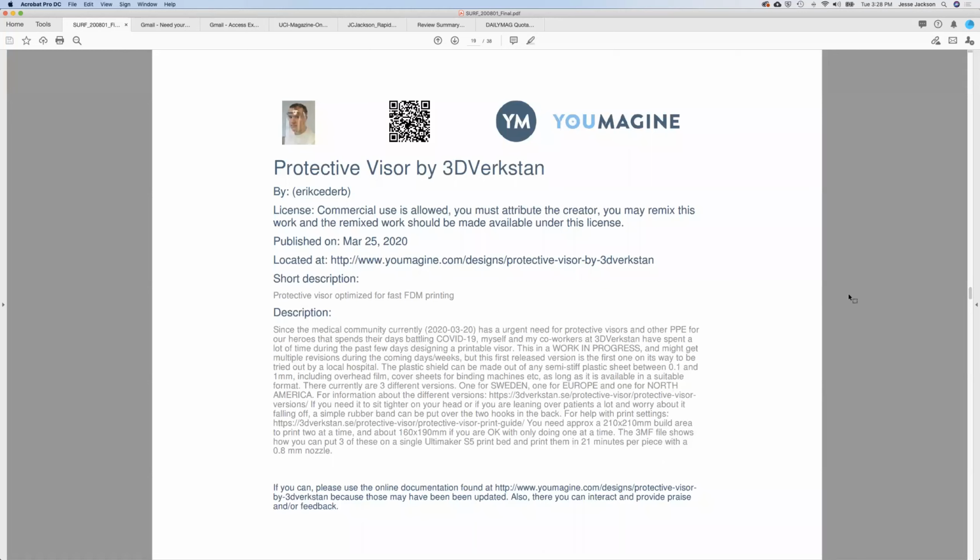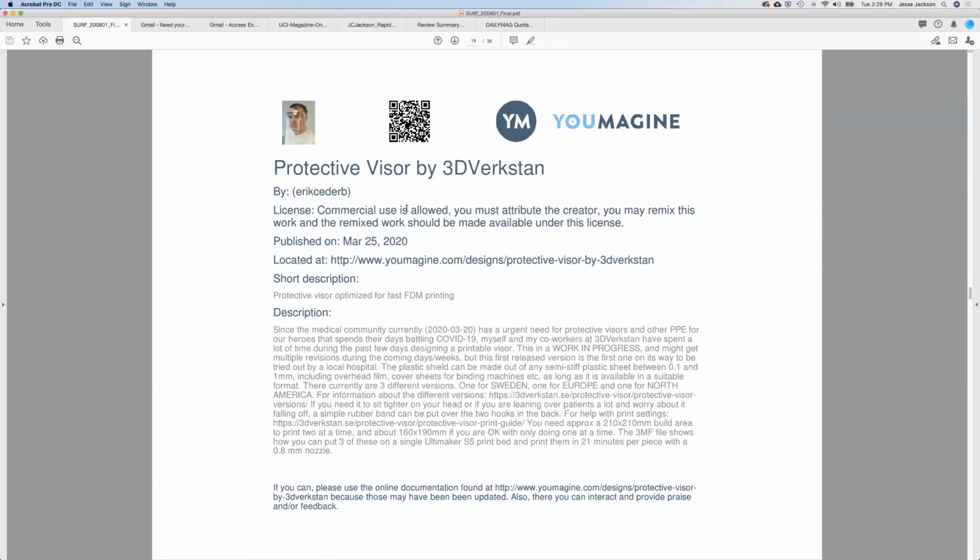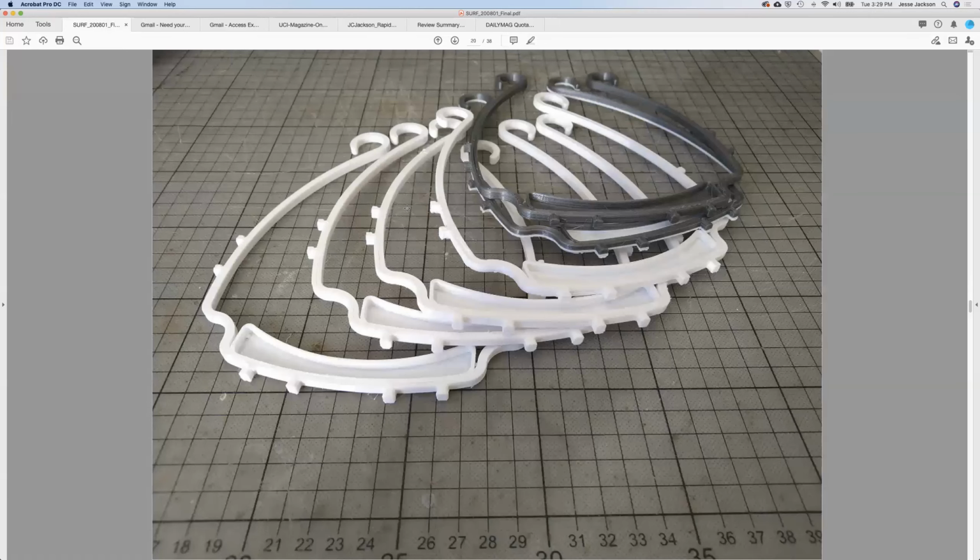So this is what we did. We went on the internet of things and found some things. As I look back at the date of this, curiously, having been asked, how can we 3D print a face shield, I typed in, as you would, 3D printed face shield. The one that came up and was well regarded on March 25th, an important detail, the day we were asked to do this, was this one. This is a Swedish designer named Eric, who goes by the name 3D Verkstan, and he had come up with what seemed to me, as an expert in this kind of technology, a